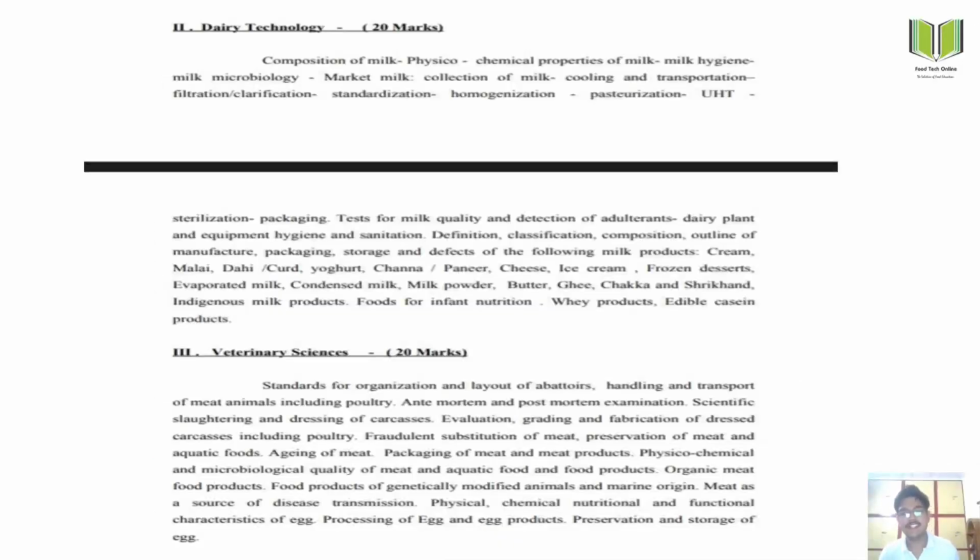Now the next one is the dairy technology portion. The dairy technology portion also makes up 20 marks of your total examination, but as compared to food technology, its syllabus is more comprehensive, so it is a very good opportunity for all of you to score marks in the examination. In dairy technology, you will find the composition of milk,